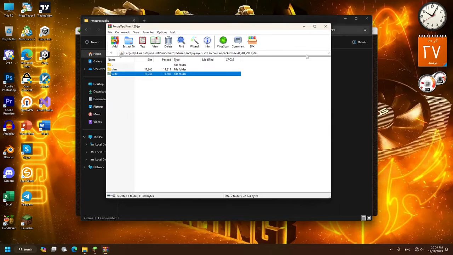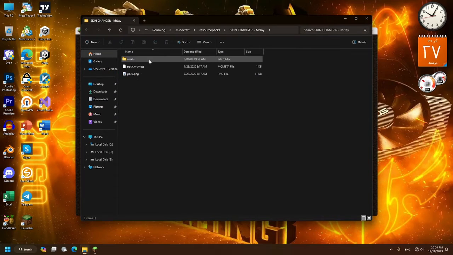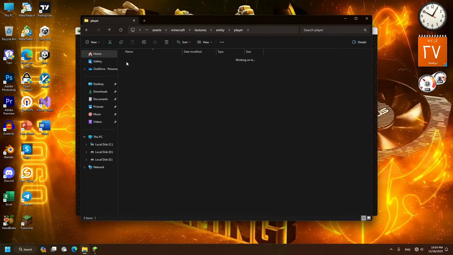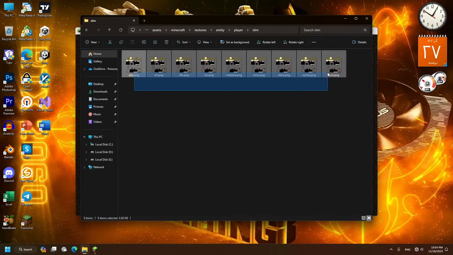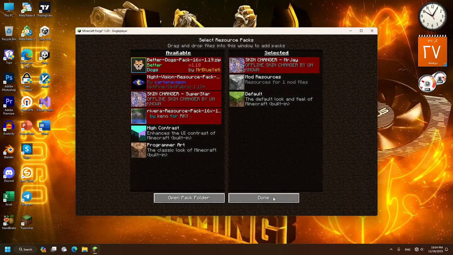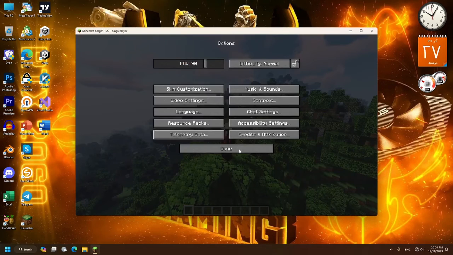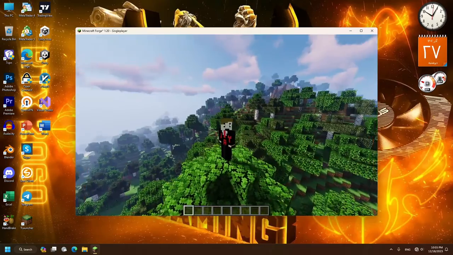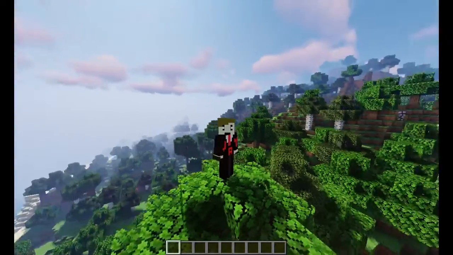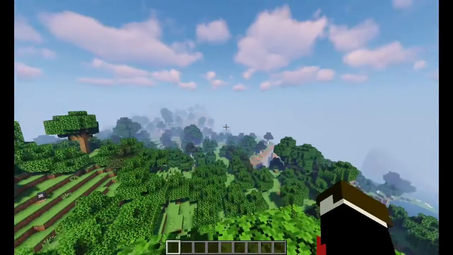So, assets, Minecraft, textures, entity, player, slim and wide, these characters, and by this option we can change our skin to a custom skin. We can change our skin this way,